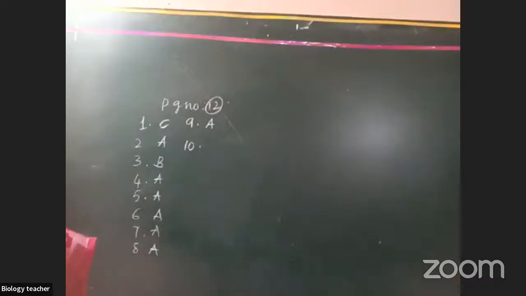Read the following statements. Tilling uproots all unwanted plants. Tilling loosens the soil and mixes fertilizers. So statement A is wrong. So option A, statement 2 is wrong and 1 is correct. Both are correct. Statement 1 is wrong and 2 is correct. Both are wrong. So B, both are correct.